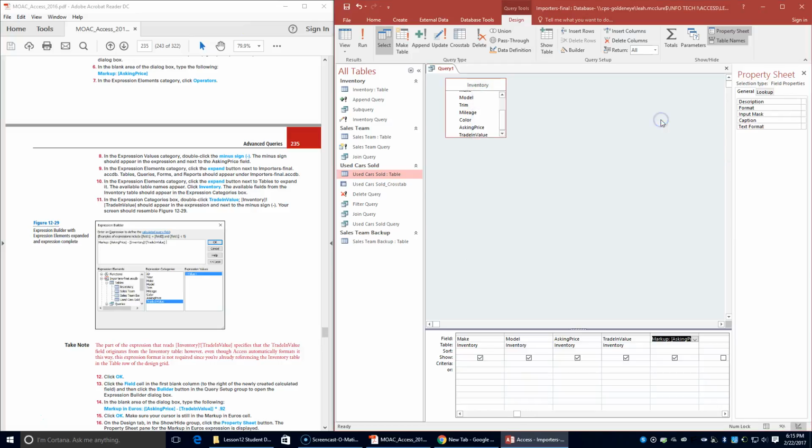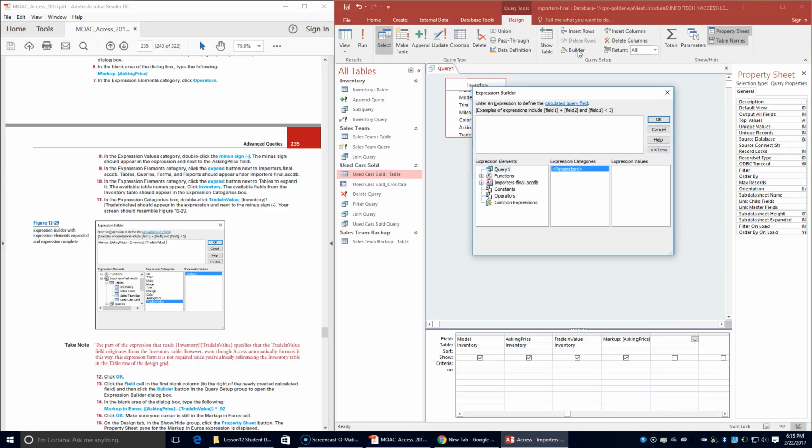Okay, so we're going to click OK, and then we're going to click the field cell in the first blank column to the right of the newly calculated field. So we're going to click right here, this blank column, and click Builder again. The Expression Builder dialog box opens, and we're going to type markup in euros, parentheses, square bracket, asking price,